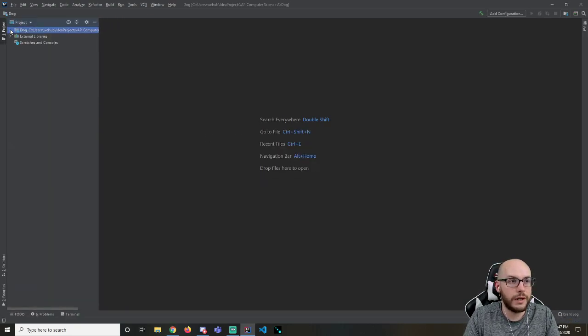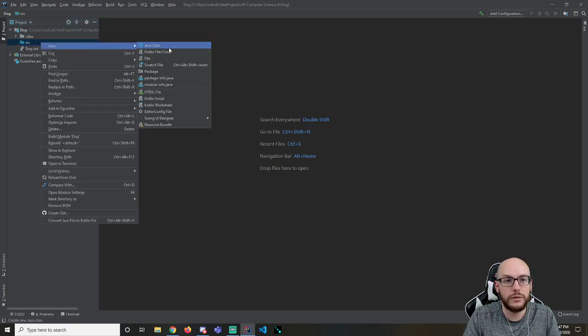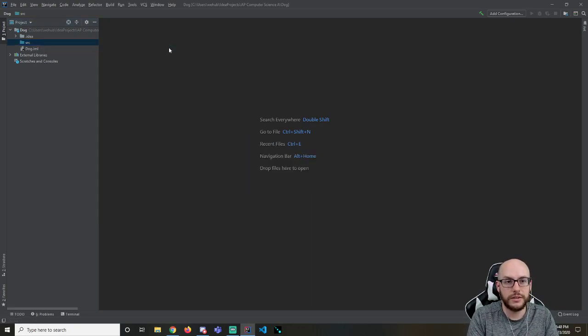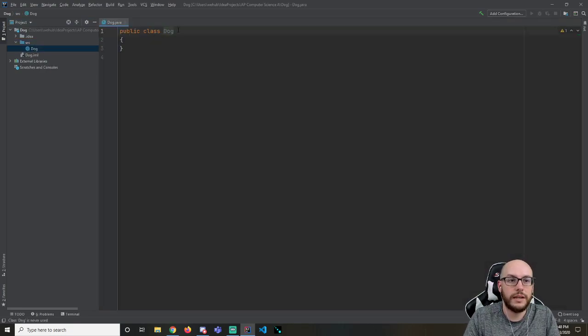I'm going to expand my project folder. I'm going to right-click on the src, make a new Java class. This one we're calling Dog. IntelliJ already created my class header for me. That's one of the four pieces, right? That's one of our four things that the class is responsible for defining, or one of the four pieces of anatomy. I'm going to go ahead and comment this because I want you to think for a moment,